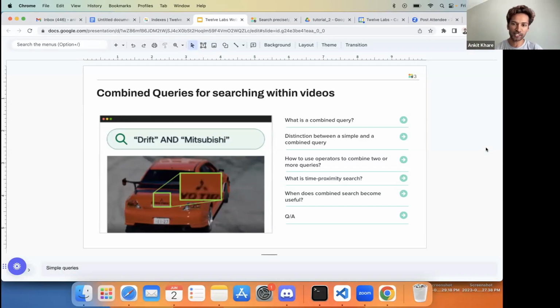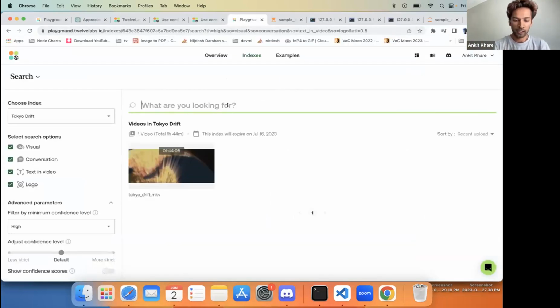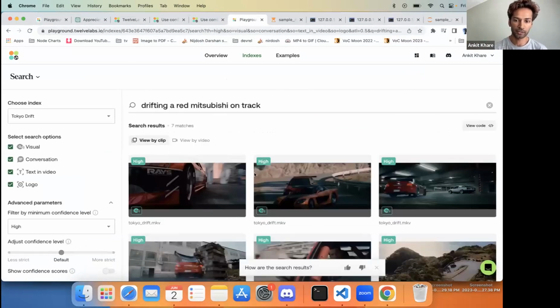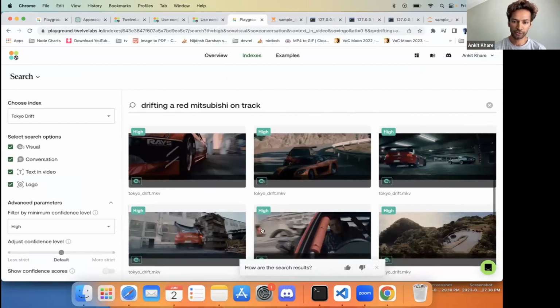And now it's time to see how and why you would want to combine queries. A query is just a natural language query that you input into the system, right? Let's go back to the playground and do something. So, drifting a red Mitsubishi on track. This is a simple natural language query that you input and you get all these red cars